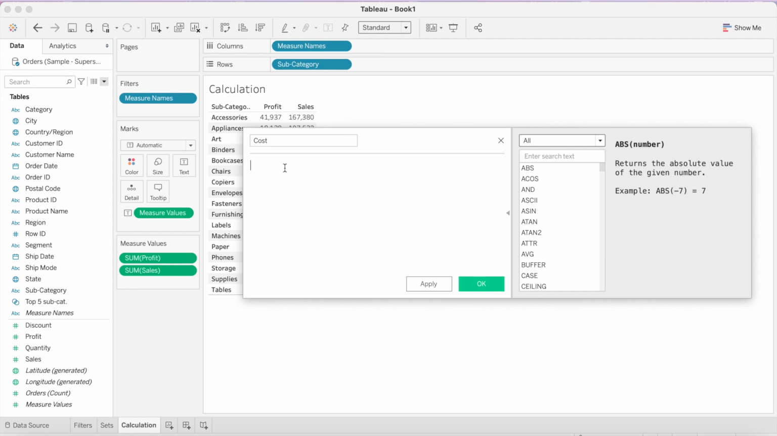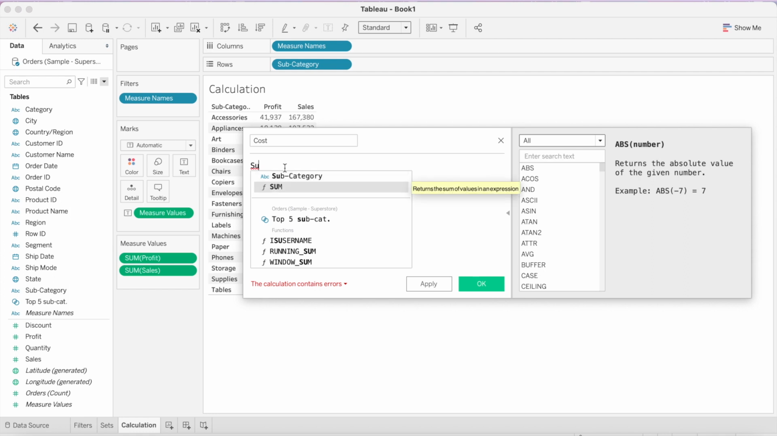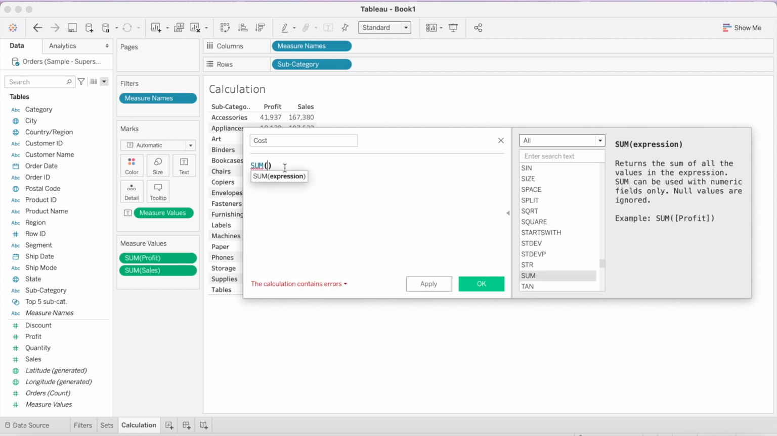Now let's write the formula for cost that we want to calculate. The moment you start typing sum, Tableau will prompt if you want to include the sum function. If you want to include it, just select sum and press tab. Tableau will autofill the remaining function name. Again for sales,